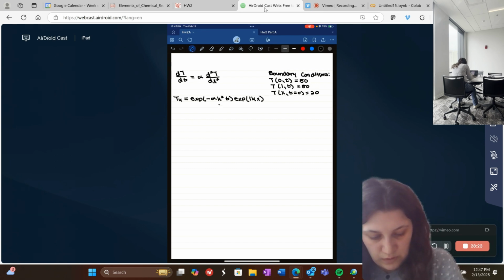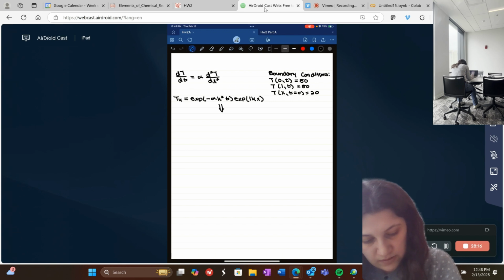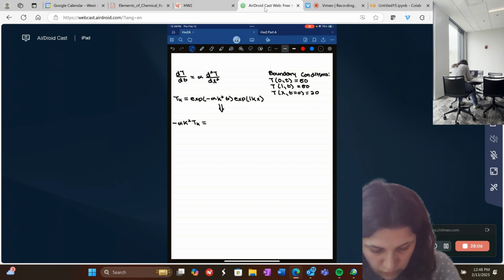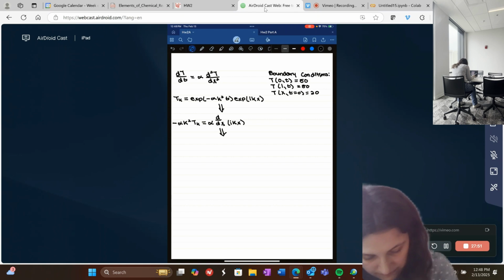Now we're going to take the derivative of this equation, and that is going to give us negative alpha k squared T_k is equal to alpha times d/dx of i k x. Next, we're going to take the second derivative, which is going to give us negative alpha k squared T_k